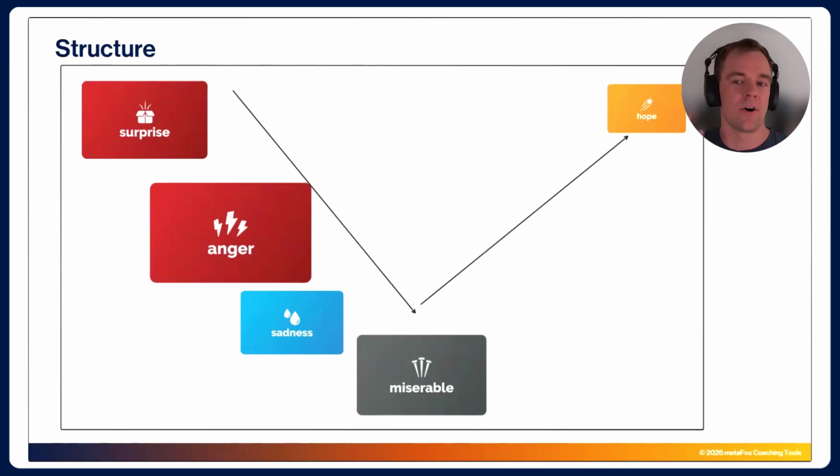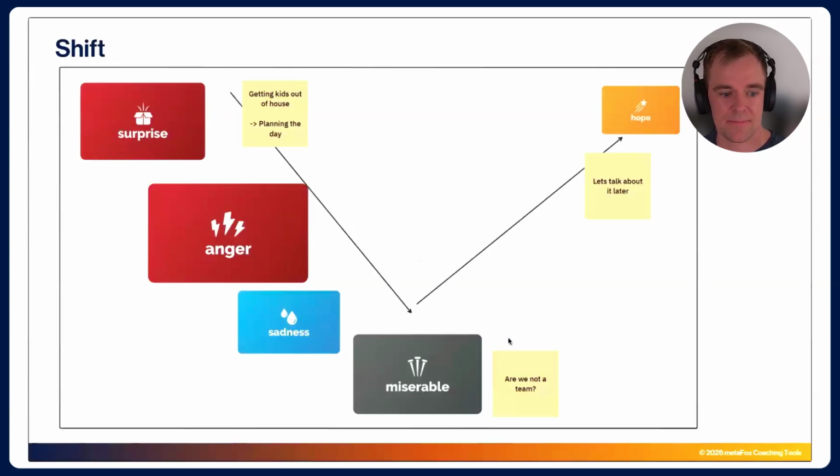right? And all of us have these pathways, these automatic emotional runways in our brains that are triggered. And then you go from emotion A, B, C, right? Until you catch yourself, hopefully. And so first, I was surprised, then angry, then sad, then miserable. And then on the outlook, there was hope. In the next step, I am then trying to take this and shift it and make it into something I